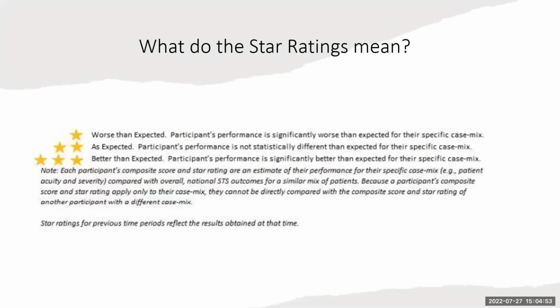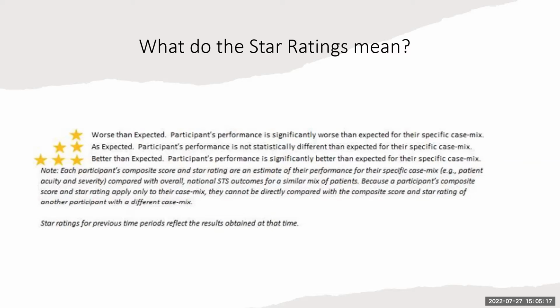Okay, so I want to just get into the star rating a little bit more here. If we look at this side, we can see how they're labeled. So 1 star is worse than expected, 2 stars are as expected, and 3 stars would be better than expected. And what the 1 and the 3 stars tell us is whether or not the participant's score is significantly different